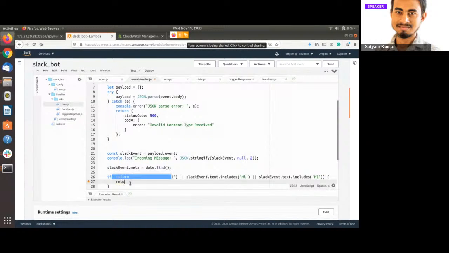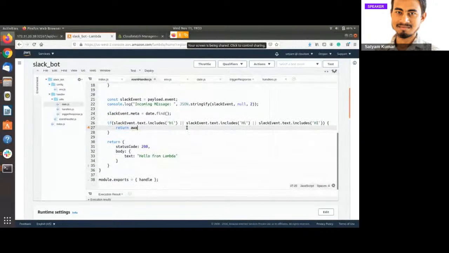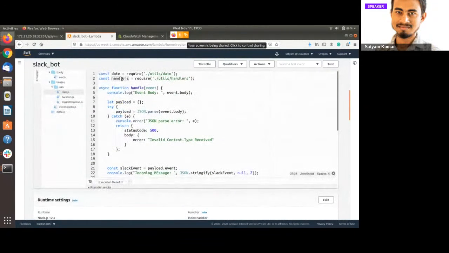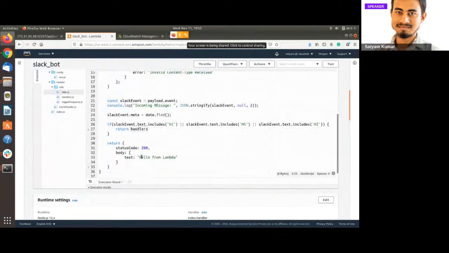So now we need to return, we need to use sync here. I think it will be handled here. Yeah, we have imported the handlers which we have created for this particular scenario, and inside the handlers we have a function called greetings.